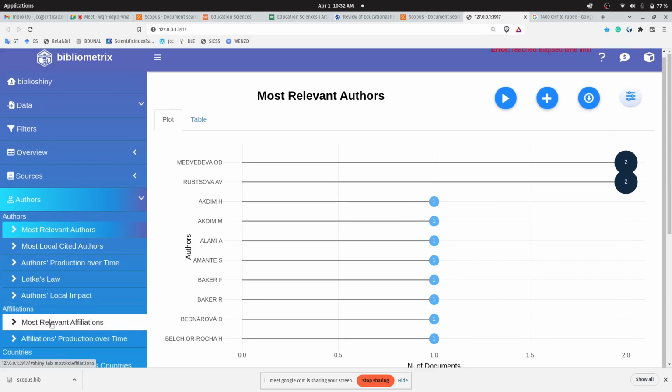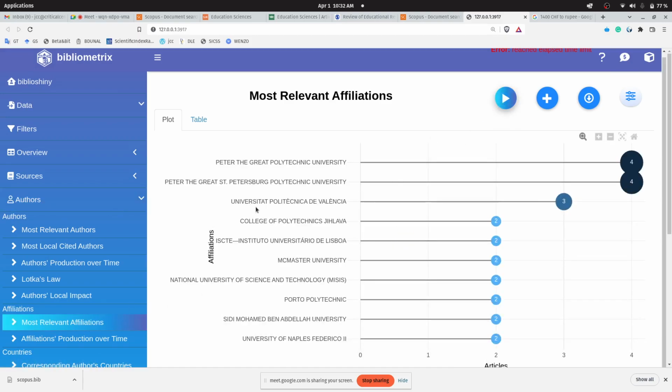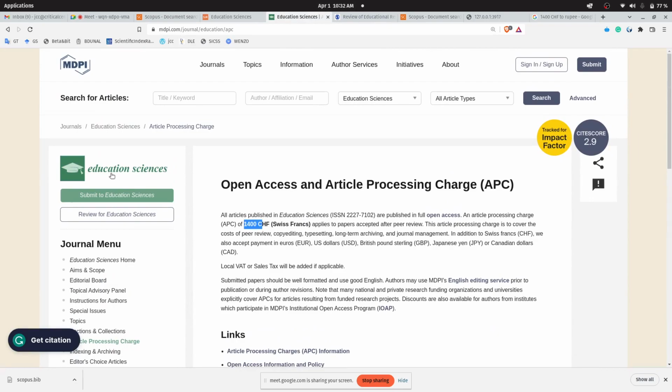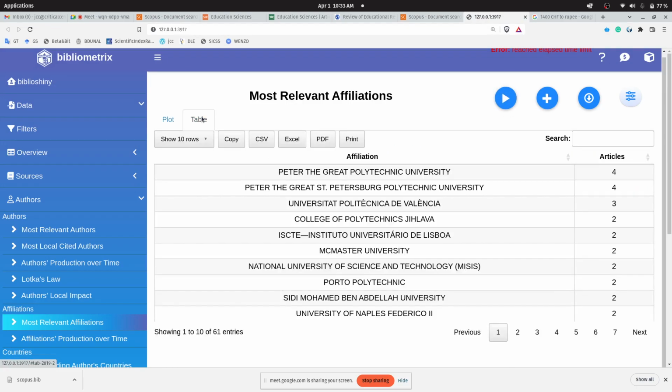If we want to know the most relevant affiliations, we could also click on it, click on the play button, and boom! It turns out that at least for this particular journal, Education Sciences, the Peter the Great Polytechnic University has submitted and successfully published 4 documents. Which documents? If you click on the table tab,